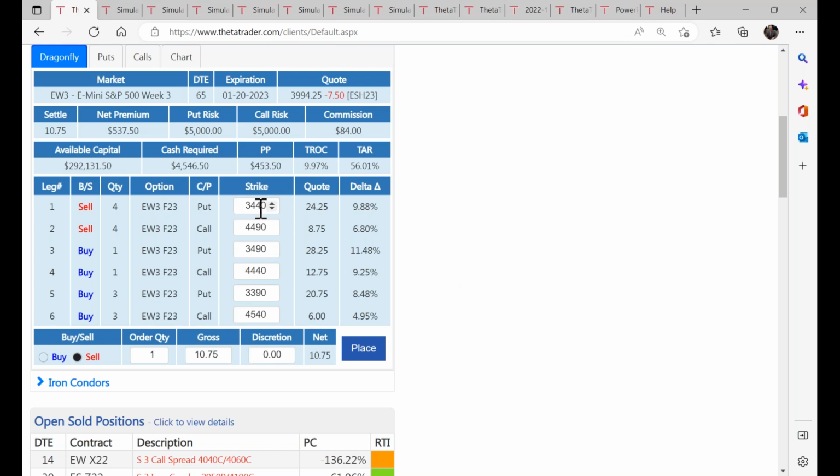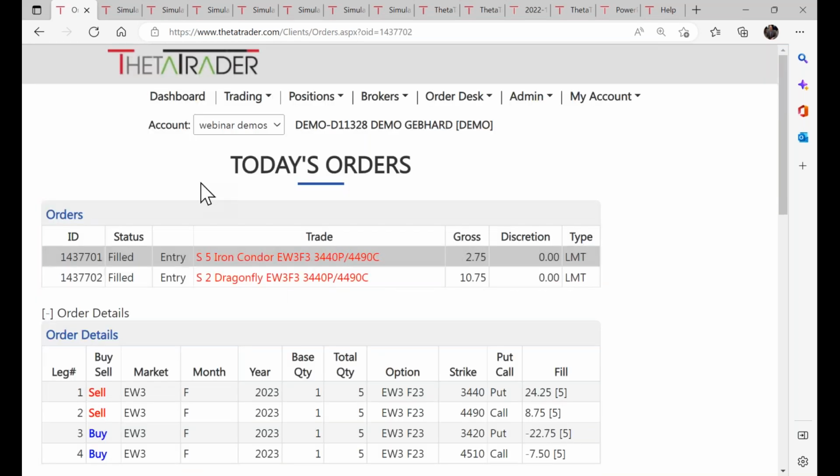And again, the strike prices are pre-selected. You'll see the delta of 9.88, 6.80 here, and defaults to a quantity of 1. Maybe we'll do 2 of these. You can see the cash required jumps up to just over 9,000. So we're trying to collect this amount of premium, and there we go. Just that simple. Order placed, and then if your order's filled, it gets pre-populated, flows back to Theta Trader, and then it'll track it for you. And I'm going to show you that in just a second.